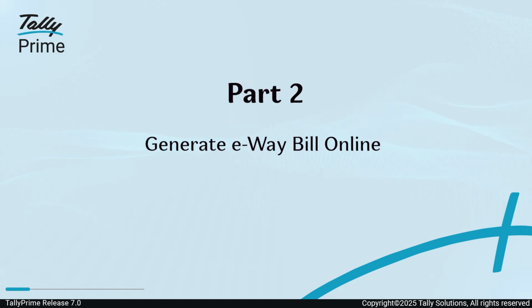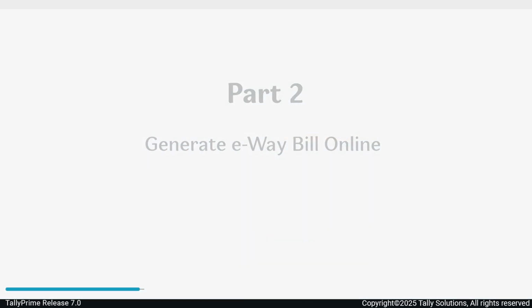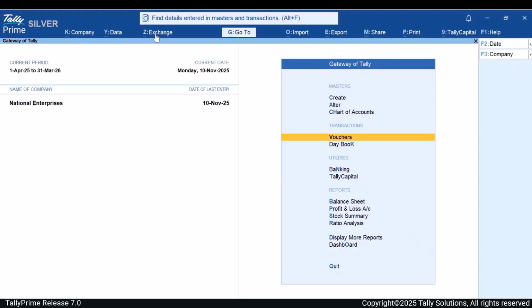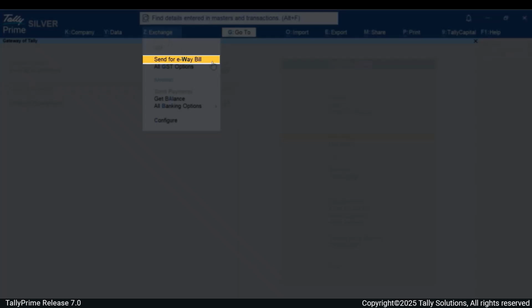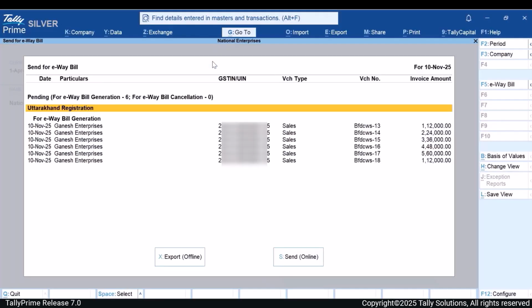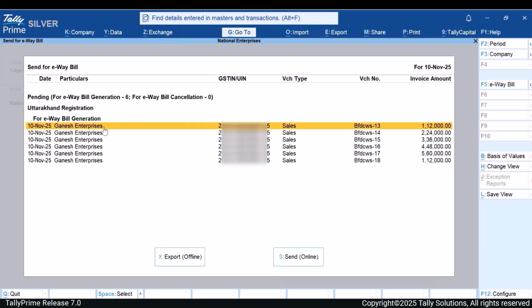Now, let's see how to send transactions to the portal for e-way bill generation from the exchange menu in TallyPrime. Press Alt-Z and select Send for e-way bill. In the Send for e-way bill report, press Space Bar to select one or more transactions under For e-way bill generation section.